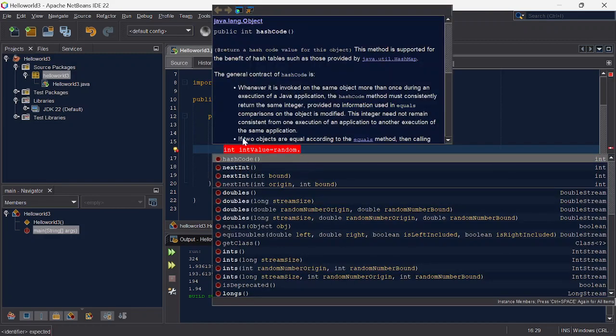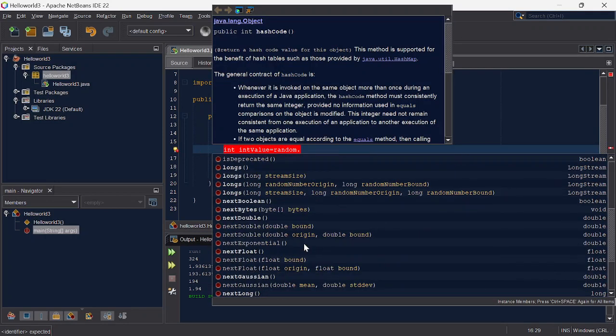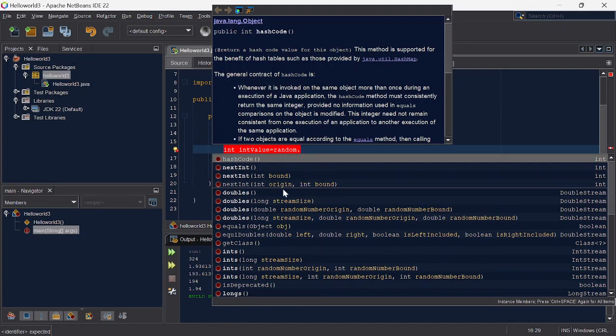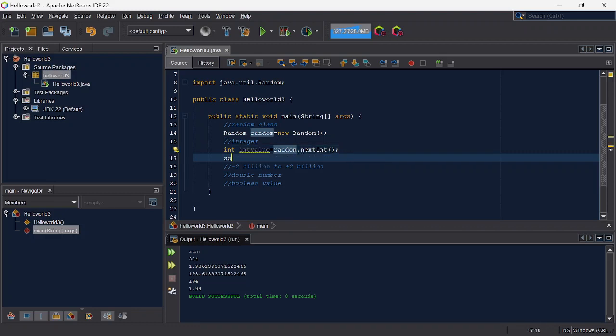All you have to do is type random and then you can use all these methods, and to create an integer you actually have to use nextInt. If you just use this method it will create a number in the range of negative 2 billion to positive 2 billion, which is basically the range of an integer in Java. So if I try to print this,